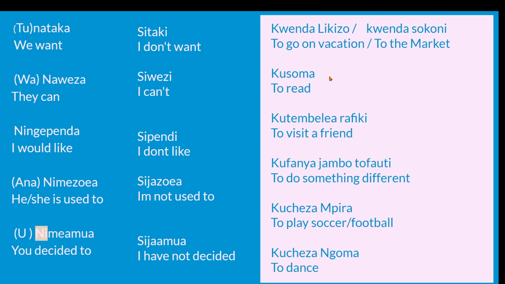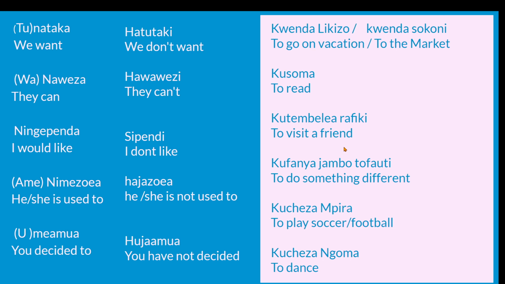Very easy. Now, when you bring everything back, then you realize the joy of learning Swahili is that you really only have to adjust a few things and everything else just works perfectly. Here we have the plural part of the same presentation. So instead of saying I, now you're saying we. So for instance, you can say tunataka, we want. Hatutaki, we don't want.